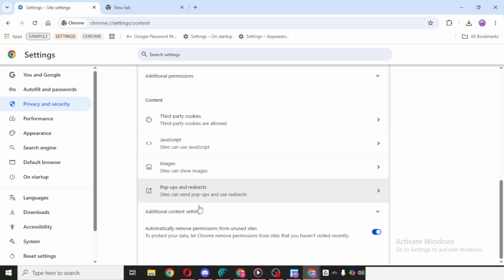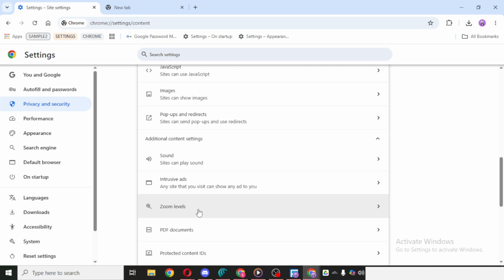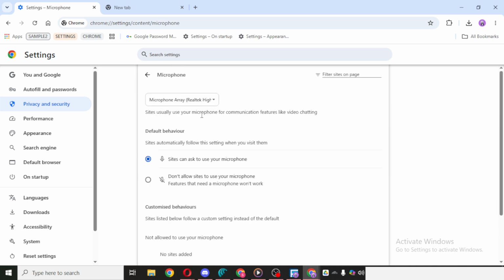First, make sure the correct microphone is selected if you have more than one connected to your device. For example, you may have a built-in microphone, a headset microphone, or an external USB microphone. Choosing the right one helps Chrome hear you clearly. Then, enable the option that allows sites to use your microphone. Once this setting is turned on, websites that support voice input or voice search will be able to request microphone access. When a site asks for permission, you can allow it directly in Chrome.